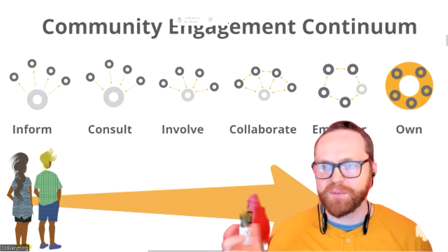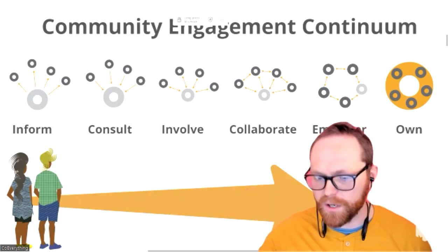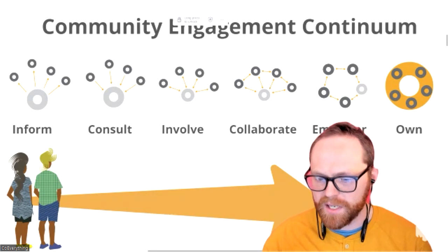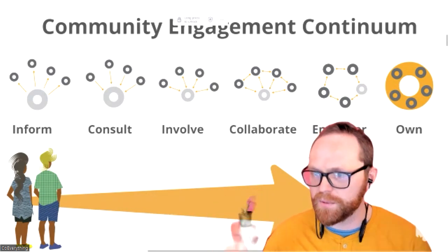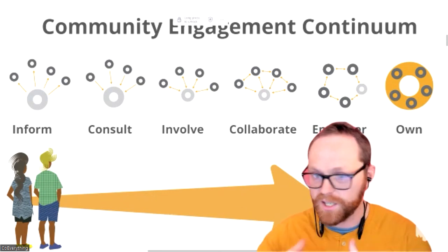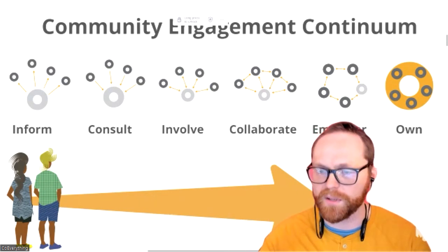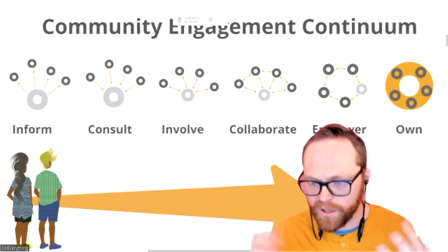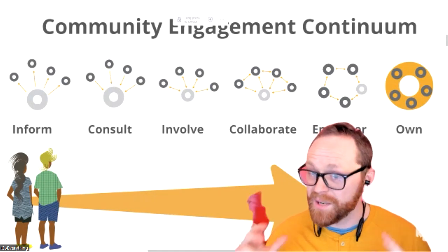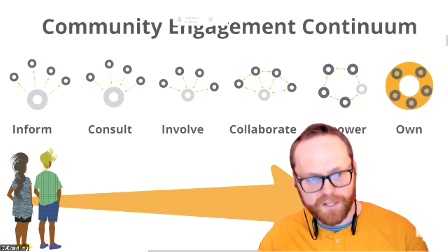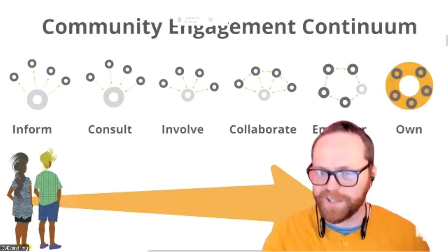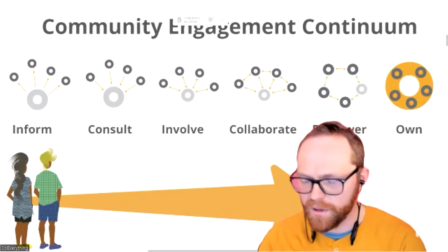Then, and this is where some of our work starts to be challenging the norms of the community engagement continuum, which is own. So we shift from actually just engaging folks in decision-making power to actually creating new entities in which people in the community own either entirely or parts of the work that we're doing. And so I'll go through some examples of what that is. But once you have ownership, you still will inform, consult, involve, collaborate, and empower.